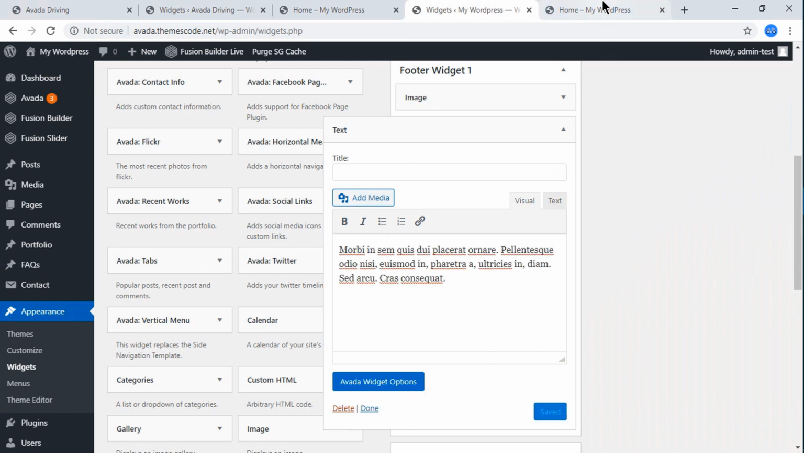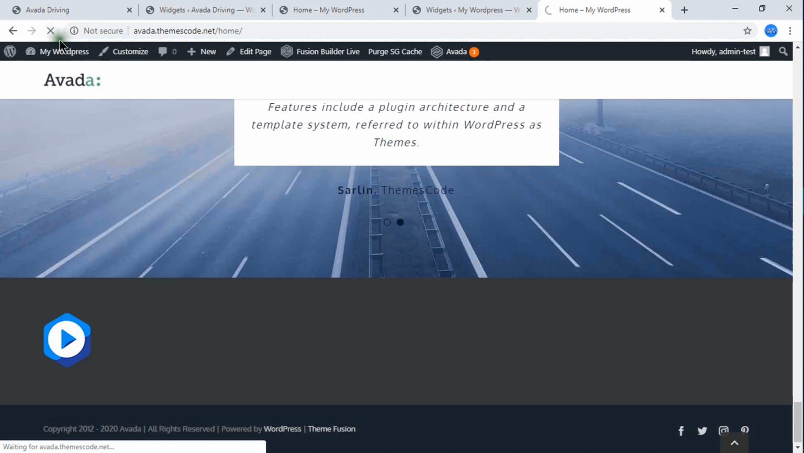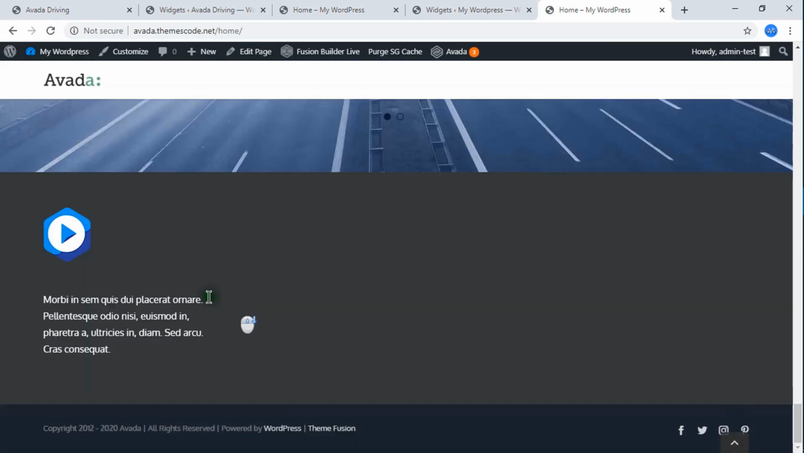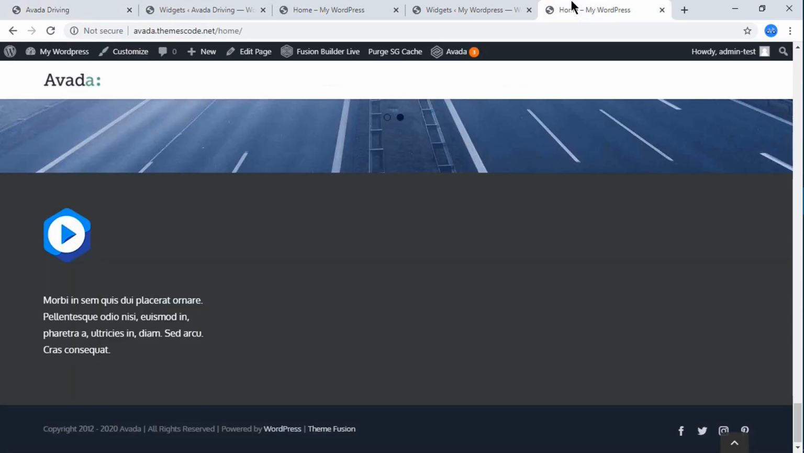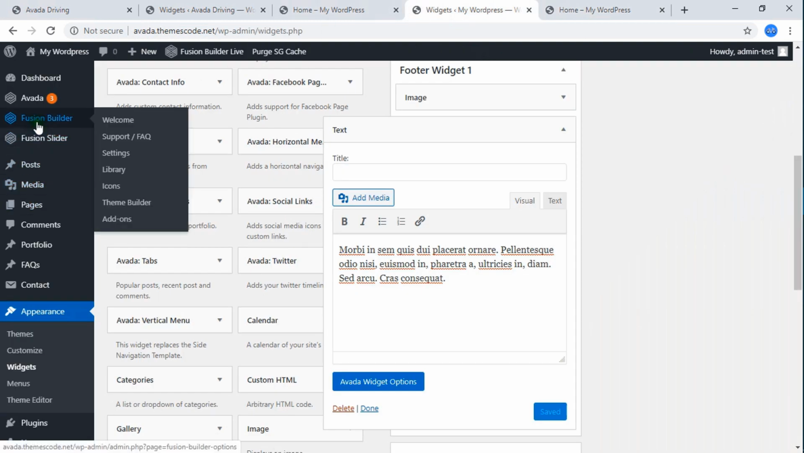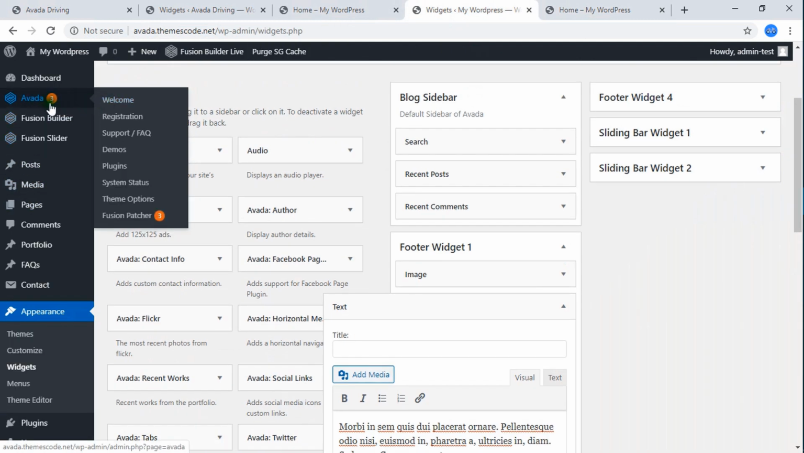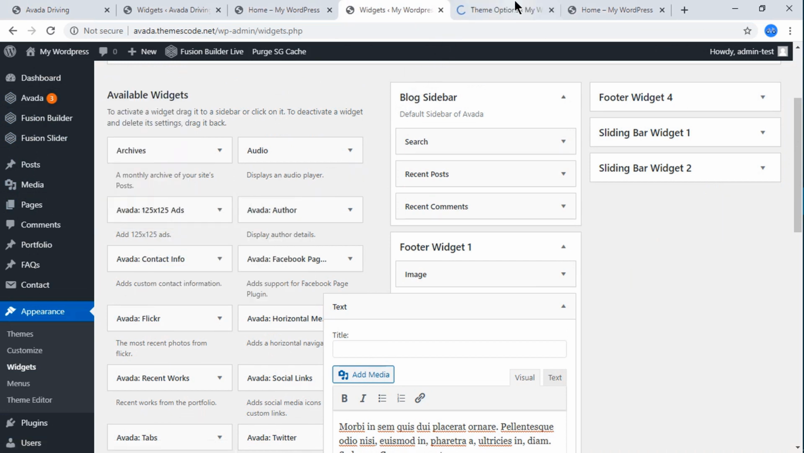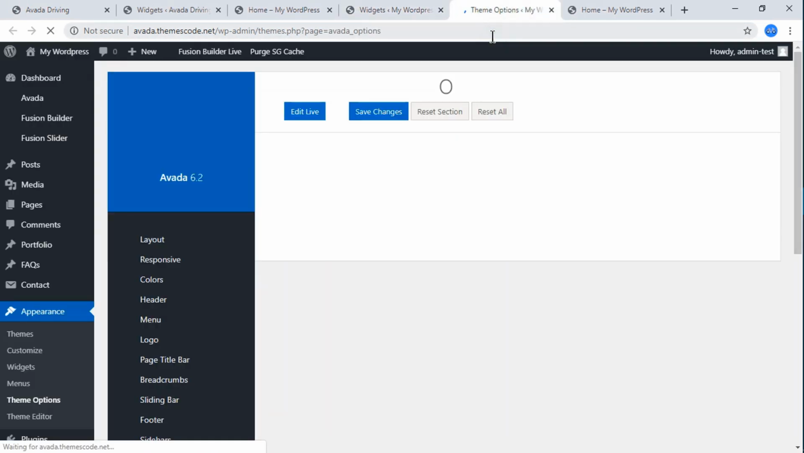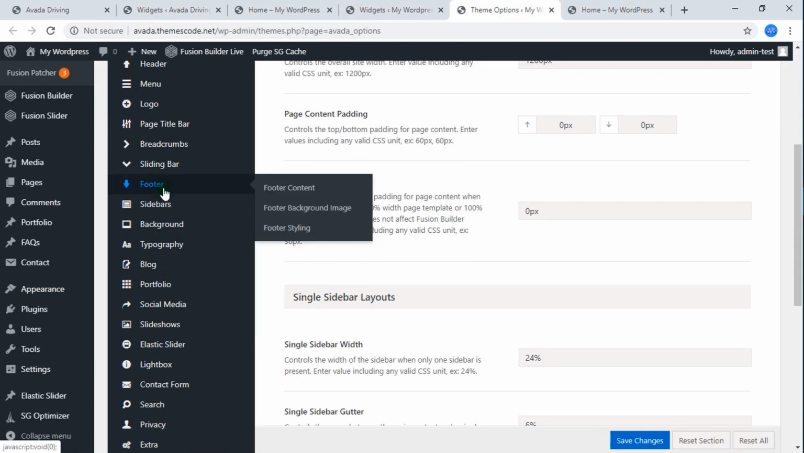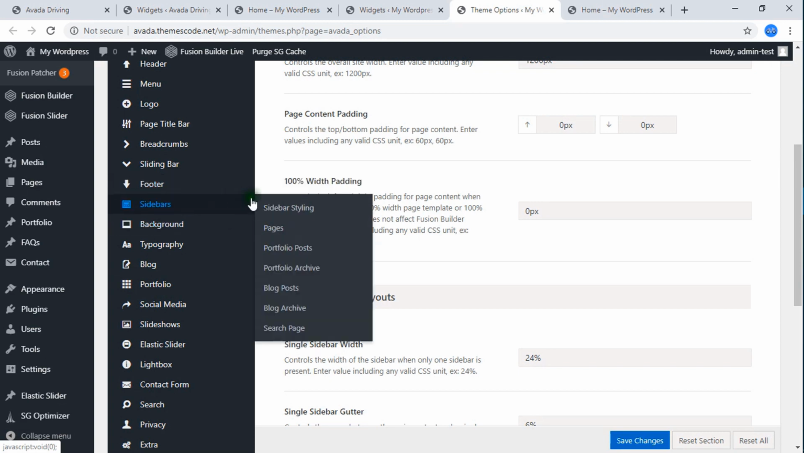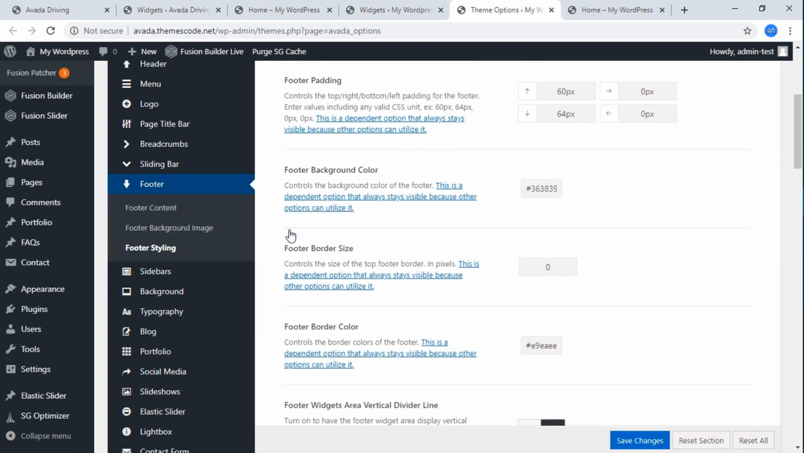Just hit save, and if you reload, you will see here. Now here you can see different color. It's not a big issue. Just go to header, go to Avada, and here you see theme options, and from header, footer, from footer, just click on footer styling,